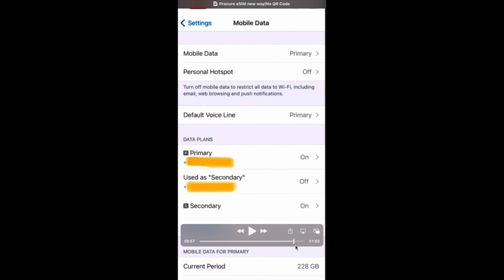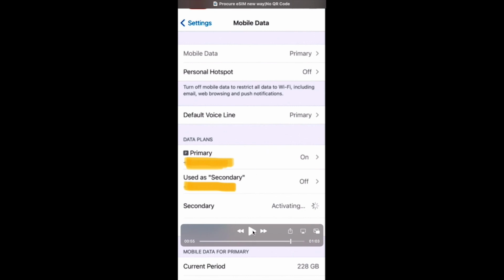Sorry, it went to a wrong page. It will ask you to choose your primary and secondary preferred voice line and preferred mobile data, whether you want to use the primary or the secondary. Here the default voice line is primary and mobile data is primary. You have to choose these settings once you tap on add data plan.